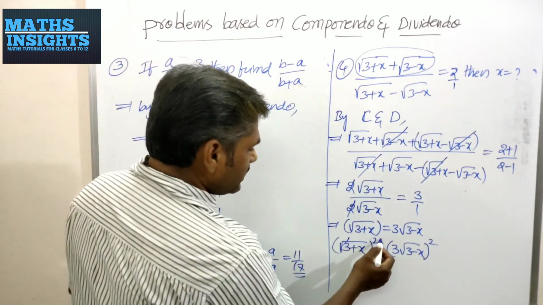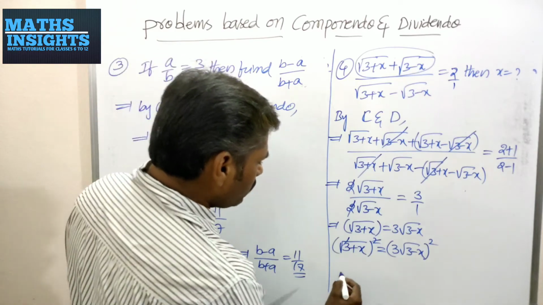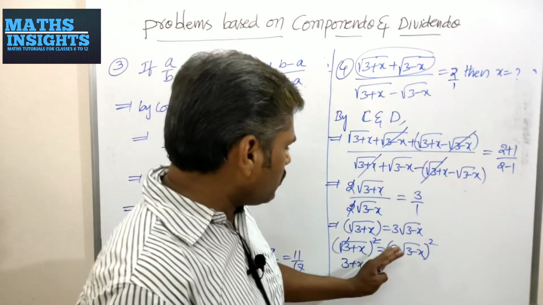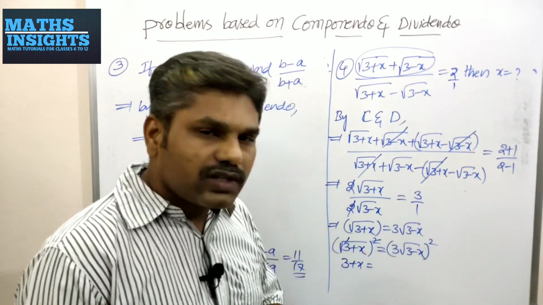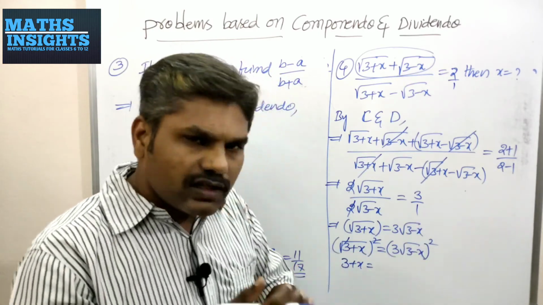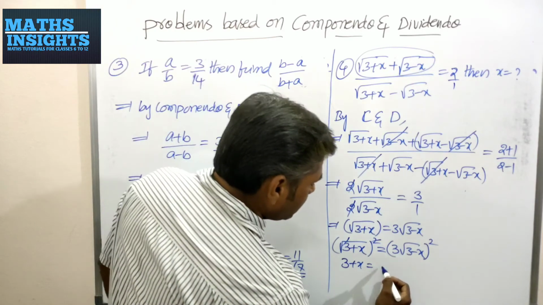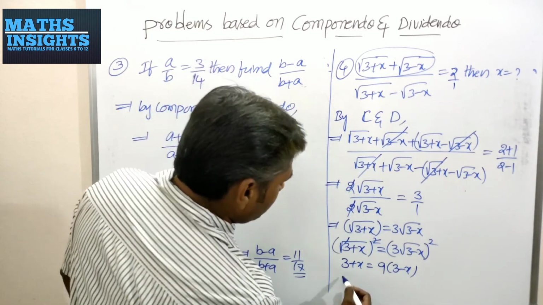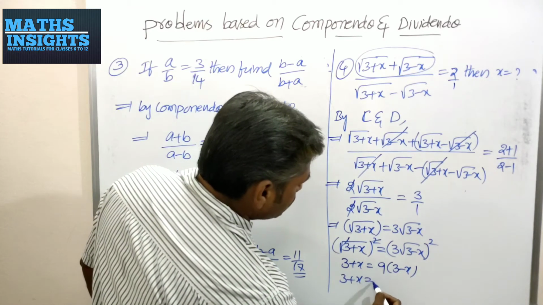Now you can cancel square and square root, therefore you have 3 plus x here, and also this square will apply to both 3 and square root of 3 minus x. If you take the square of 3, it will become 9 into 3 minus x, okay. Therefore 3 plus x is equal to 9 3s are